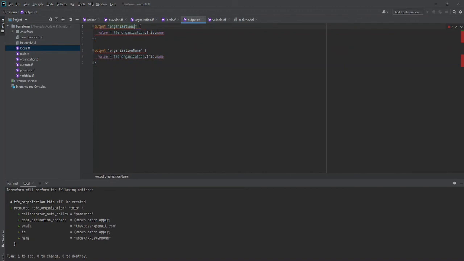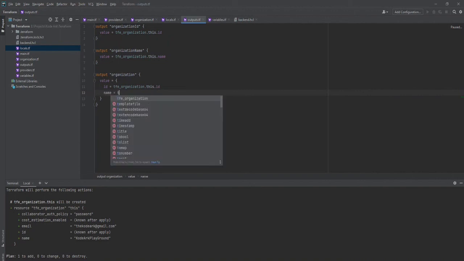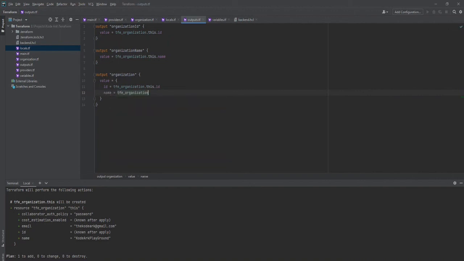Name it ID, or another way is wrapping it into another data type, a name and an object value, where ID is equal to tfe_organization.this.id, and the name.